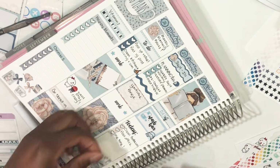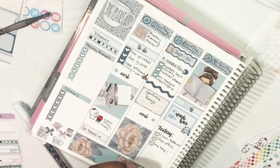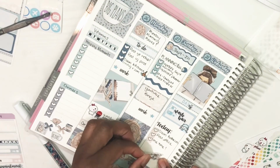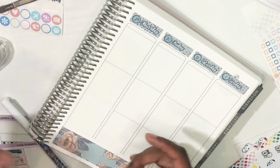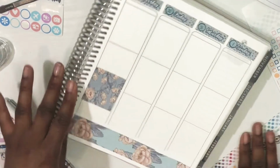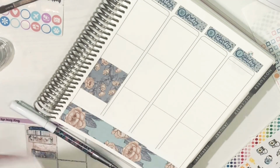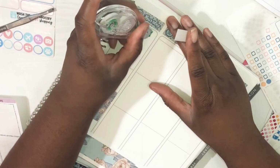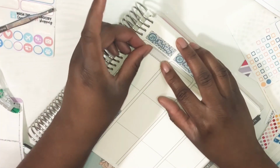I think the only thing that I probably marked was, and I really can't see, and I don't feel like going to get the planner to look at what it was. It was something that I marked. I can't see. But I did go ahead and place that full box down in the middle of the end of Thursday, in like the afternoon of Thursday, how it makes sense to me. I did go ahead and put down that